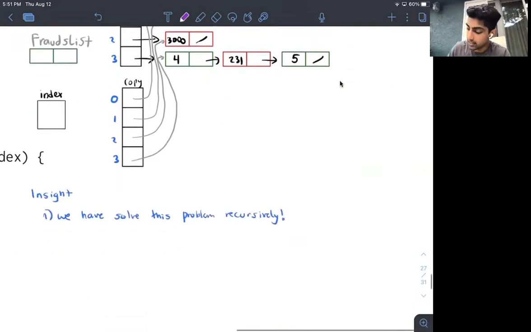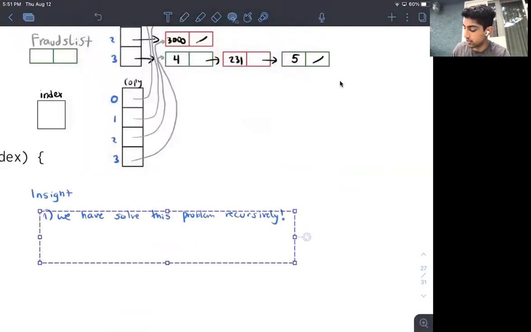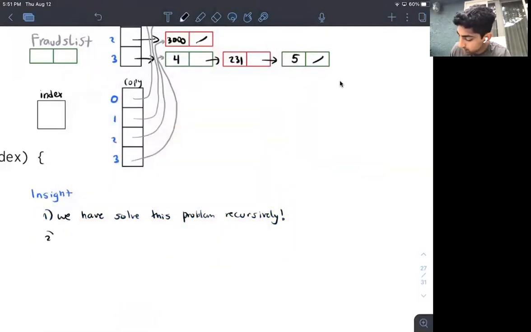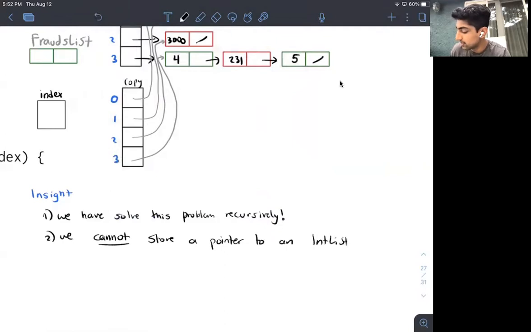So my second insight here, I'm not a huge fan of this blue color, we're just going to black, is that we cannot store a pointer to an int list instance since we only have two parameters, right?